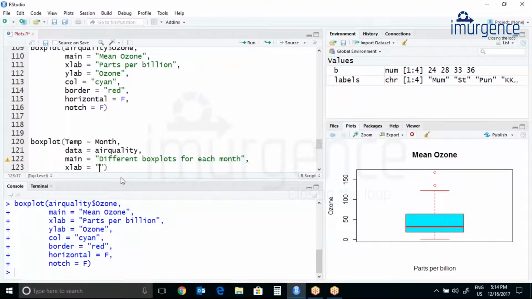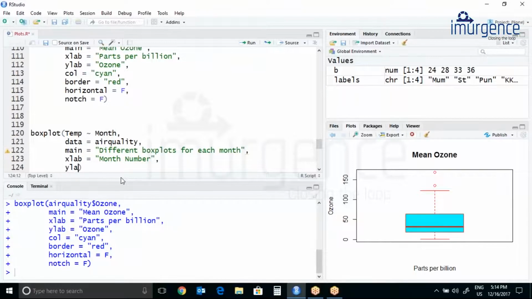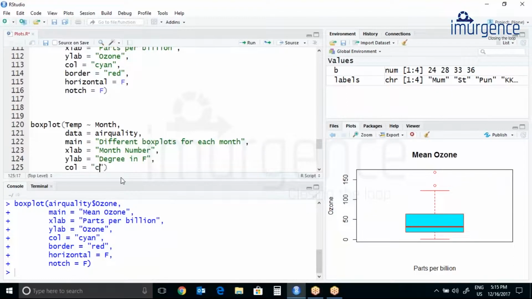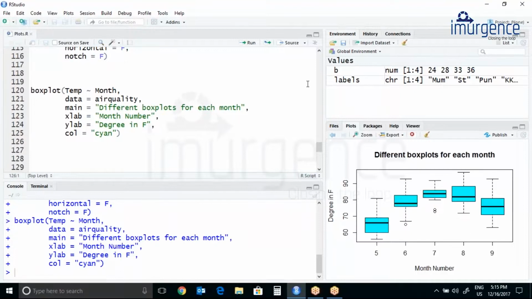Then we have xlab equals to month numbers, then comma, ylab equals to degrees in Fahrenheit. Then if you want some color, you can add colors also. Color equals to cyan. It's a very light color, so I'm using that color. If you wish to add borders also, you can add borders. It's your choice. Let's hit Control Enter.